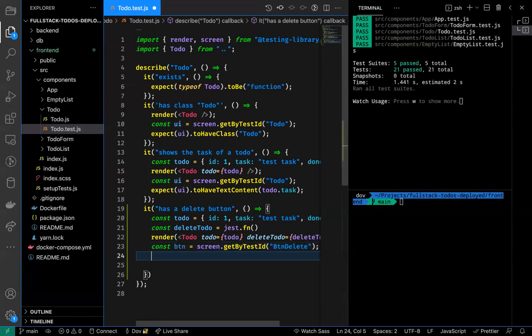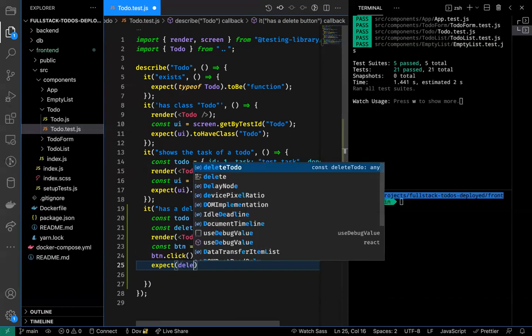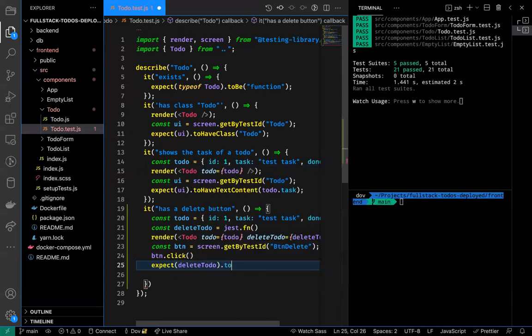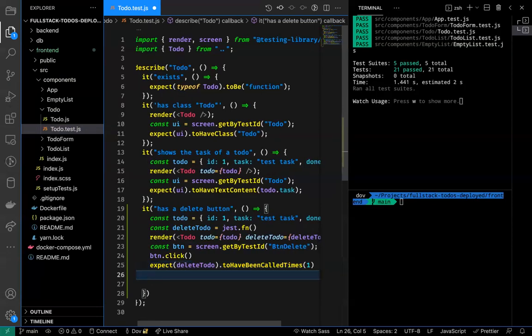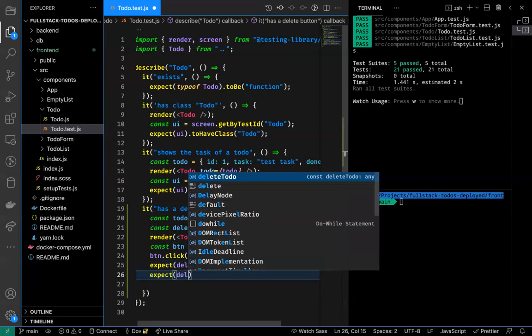And then I'm going to click it. We're going to click it. And then we're going to expect, once this is clicked, that deleteToDo was called once,